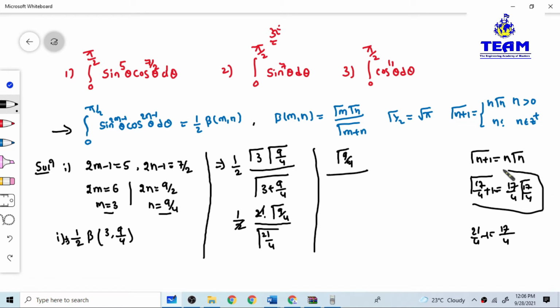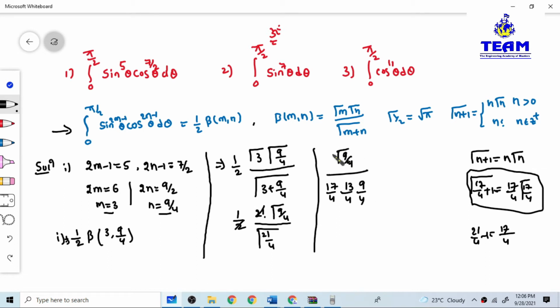If you are understanding this, okay, now you can express easily in the denominator. That is 17 by 4 gamma 17 by 4. So from this 17 by 4, if you remove 1, what is the LCM? 4. 17 minus 4 is 13 by 4. So I can write 13 by 4 into gamma 13 by 4. Okay. Again gamma 13 by 4, how you can write 9 by 4, gamma 9 by 4.